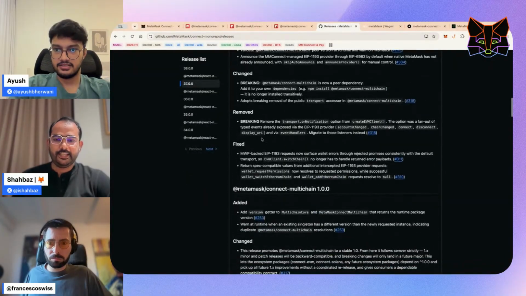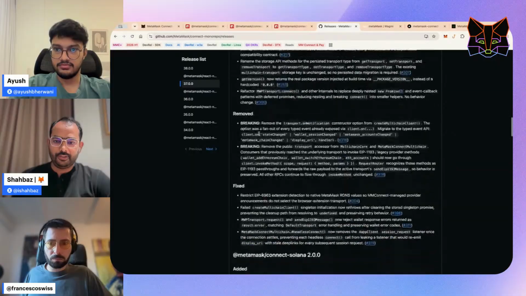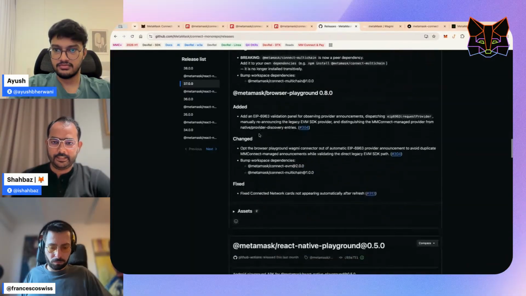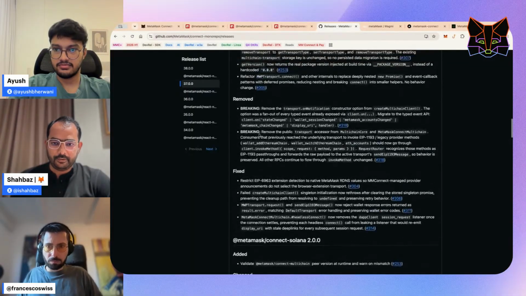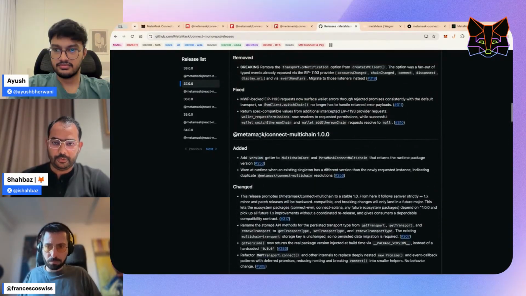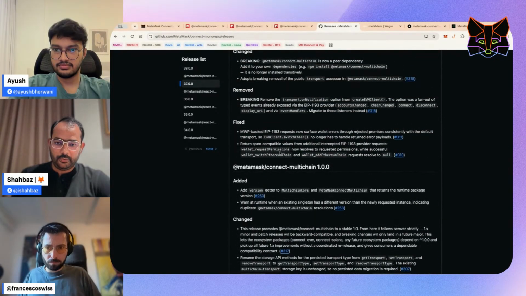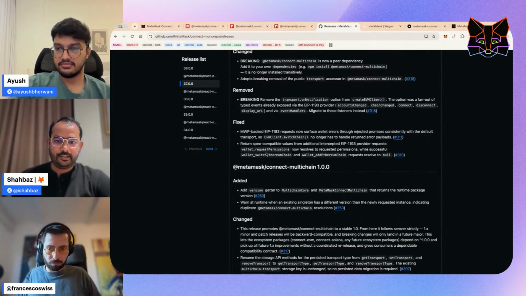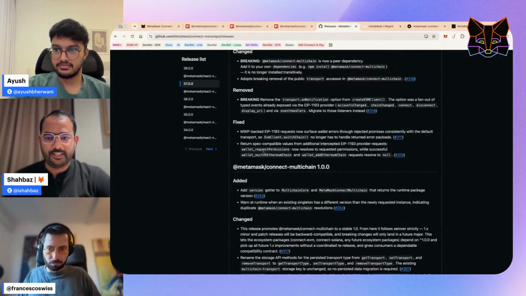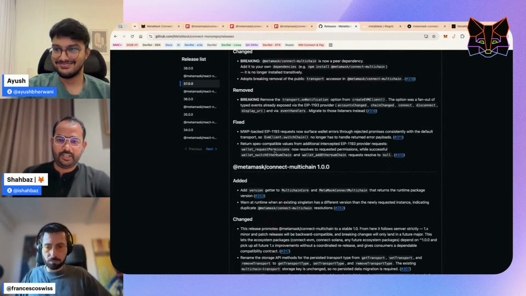The other bit I was talking about, which happened in the 2.0 version, is the inclusion of two different APIs that went live alongside the 2.0 updates: wallet request permissions, and also wallet switch Ethereum chain and add Ethereum chain. I think if Ayush is here, he would love to talk about what happened with the request permission changes.